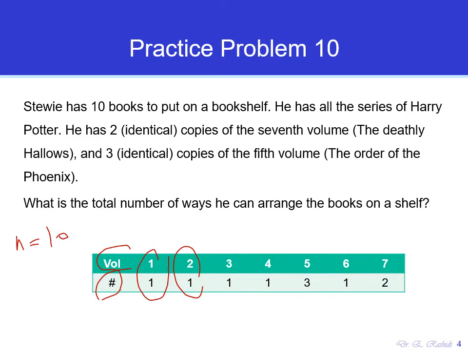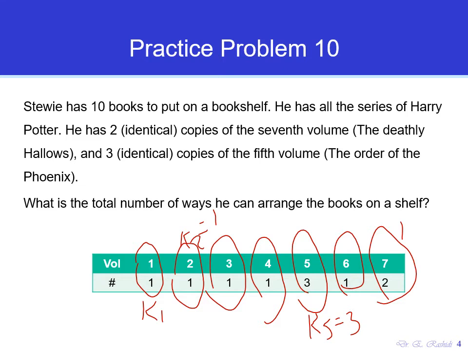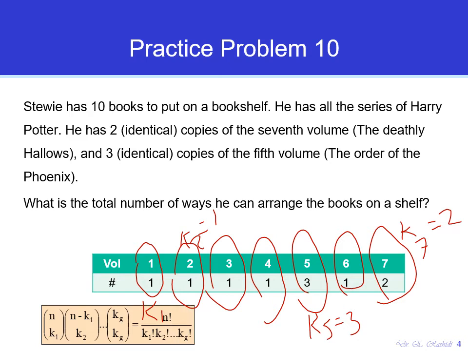So to solve this problem, we need to use the partitions rule here because we have similar items. So you can consider the volumes as groups. We have group 1, group 2, group 3, 4, 5th, 6th, and 7th. We have 7 groups here. K1 is 1. K2 is 1. K3 is 1. K4 is 1. K5 is 3. K6 is 1. K7 is 2. Okay. And then we're going to use this formula